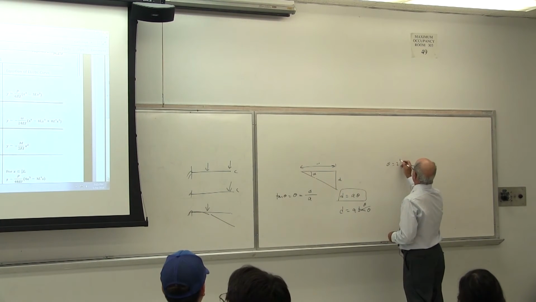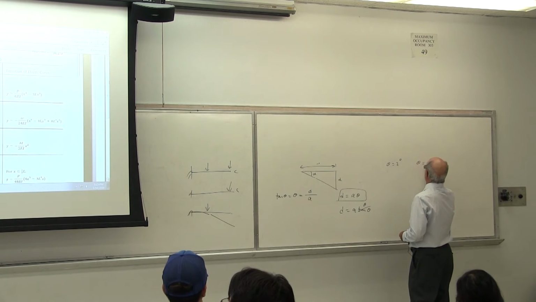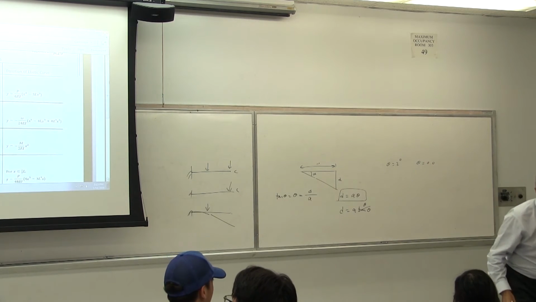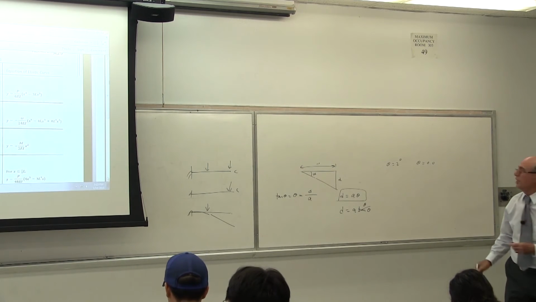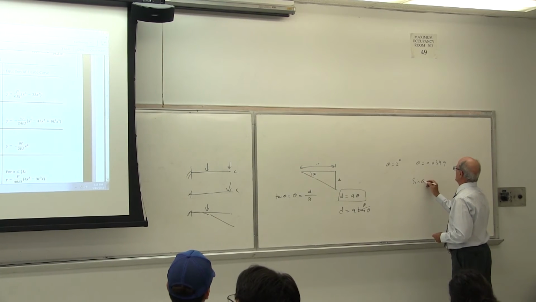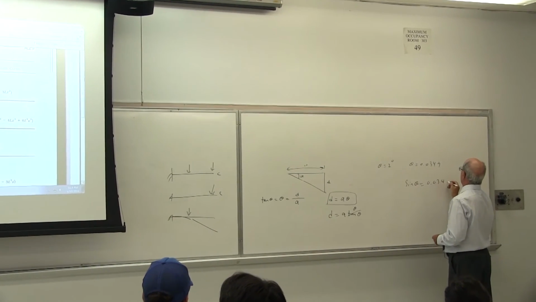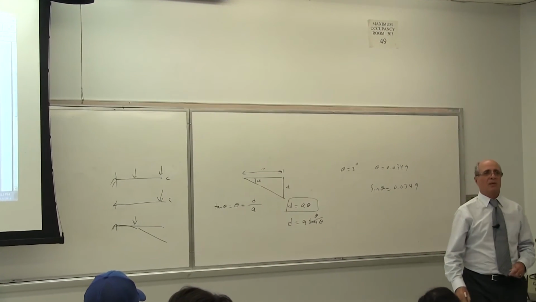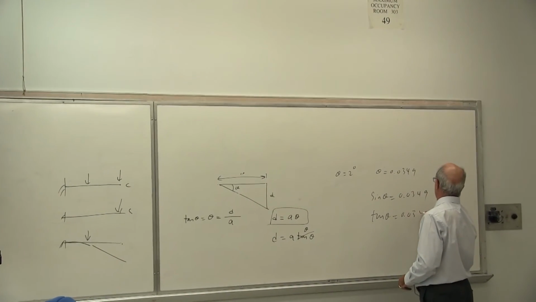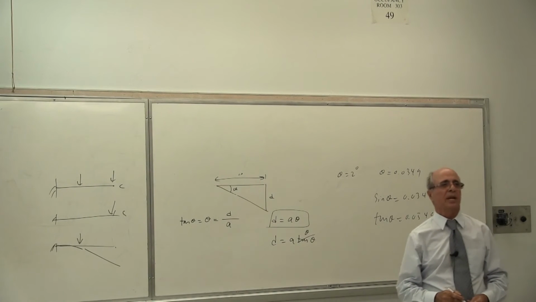Theta equal to 2 degree, change it into radian. Theta becomes 0.0 something. Is that correct or not? What do you get? 0.0349, okay? Now get sine of theta. Look what you get. I just wrote the answer here. You just check me. Is that correct or not? Okay, and get the tangent of theta. I write the answer, 0.0349. Is that correct or not?